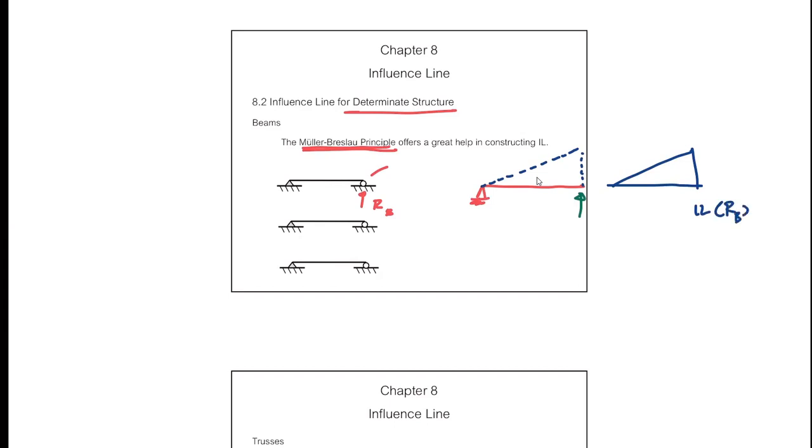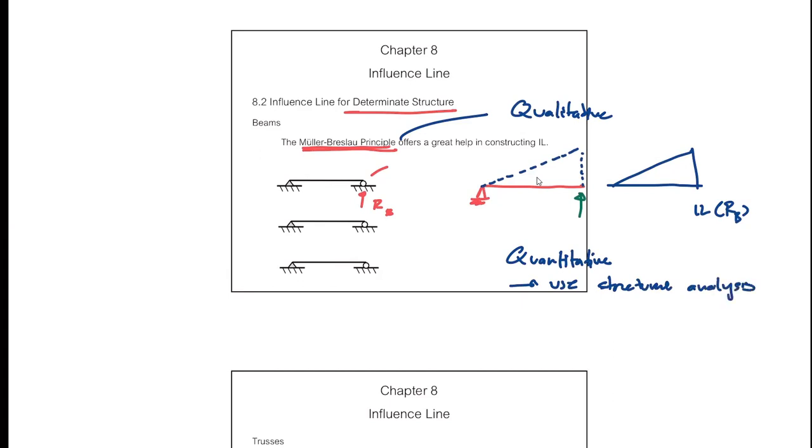Okay. Now Muller-Breslau gives you the qualitative influence line. That means it's just a shape, and it's qualitative, right? For quantitative, you need to use your structural analysis knowledge. Okay, for example, when you put the unit load right here, you know that the reaction is going to be equal to the unit load, and therefore this magnitude is 1. Okay,